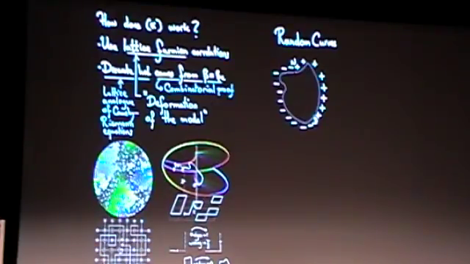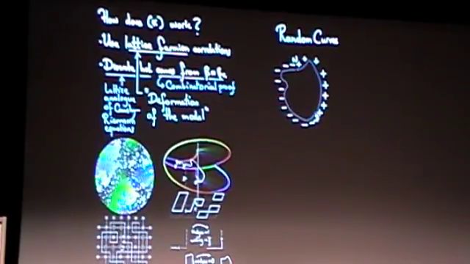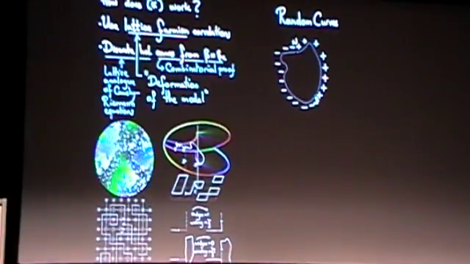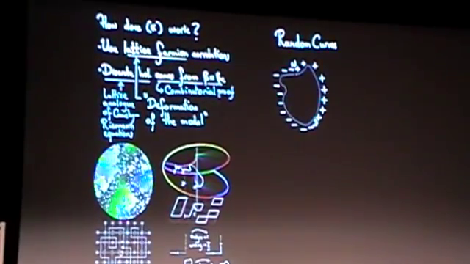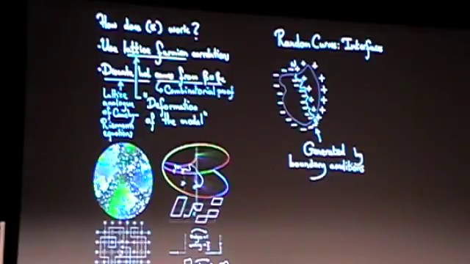This is also fairly visual. So what are the random curves in the model? Again, there are several types of random curves, actually many types of random curves that can arise, but perhaps the most natural and simplest ones are interfaces, in particular interfaces generated by boundary conditions. So what I mean is that if you take a domain and put plus spins on one arc of the boundary and minus spins on the other arc, you can then look at the Ising model on the discretization of this domain and